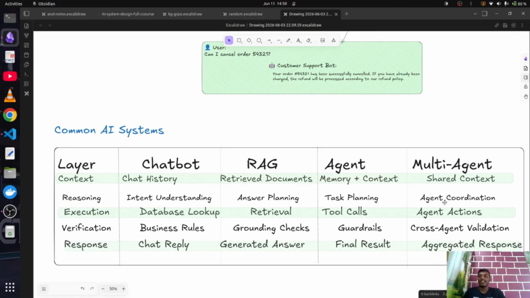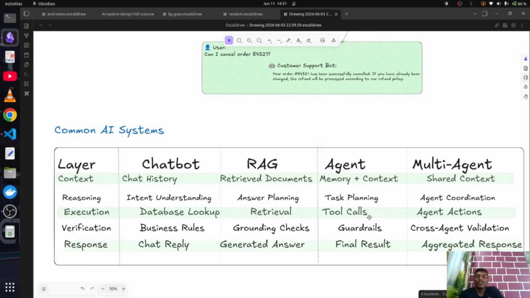Coming to the execution part, for a chatbot, it is mostly database lookup or some business logic executions, as we saw in our example. That's the most we can see in any chatbot. Other than that, for RAG, it is basically the retrieval part. So when we say I want some details regarding so and so query, then retrieval is the execution part in RAG.